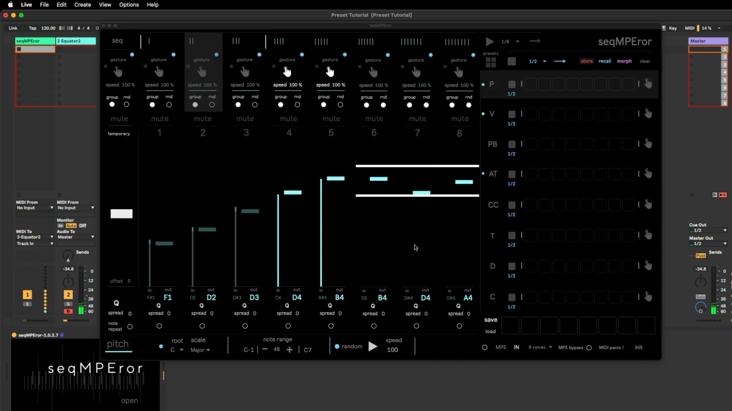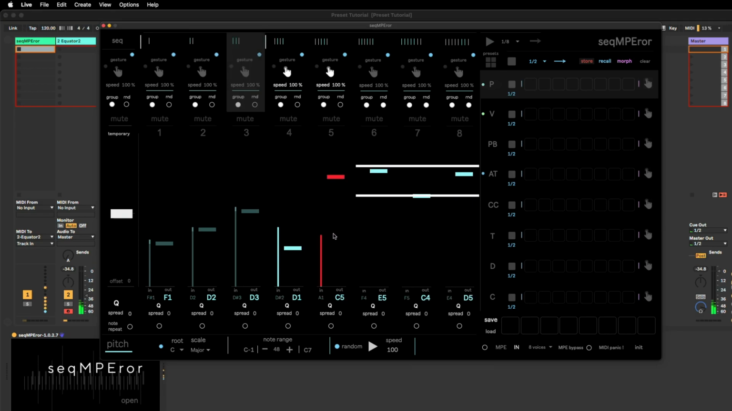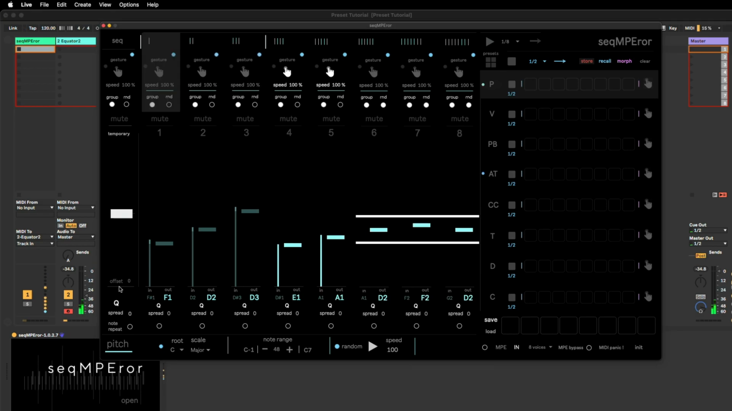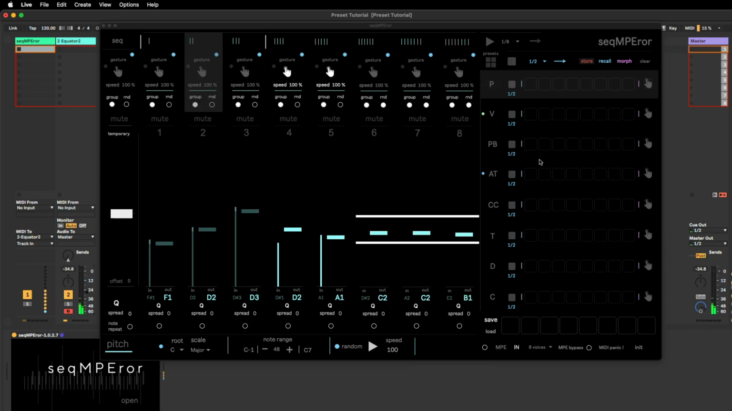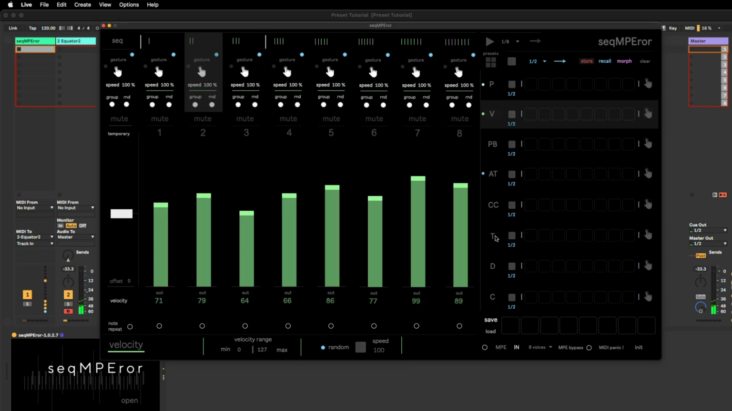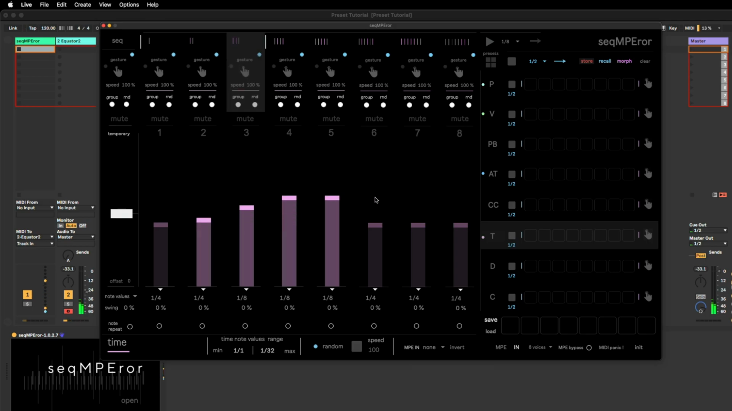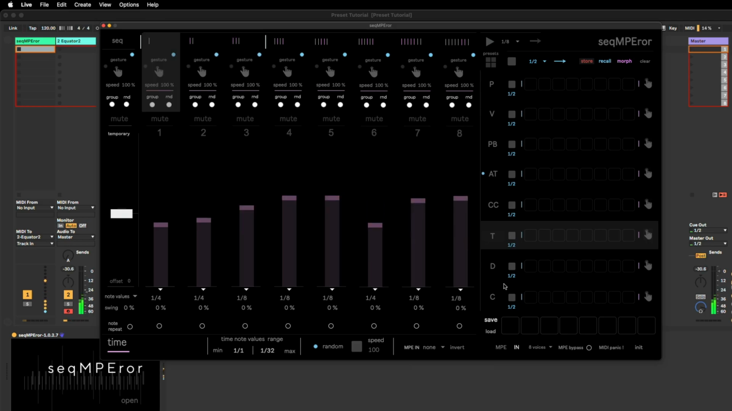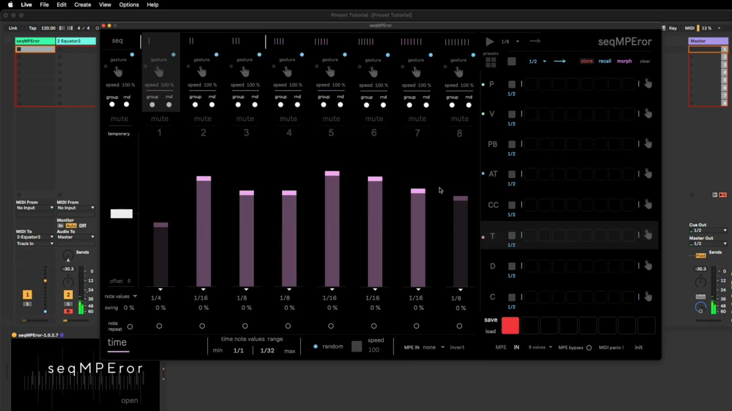So let's say that we want to change the pitch. We can now go to the second module, the velocity, change it a bit, and let's go also to the timing, so we vary the timing a bit. And we can now save this by going to the store and clicking the first button, and we have now stored this preset. We can then make another one,